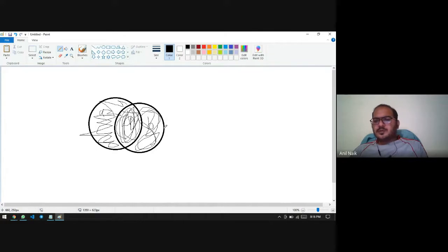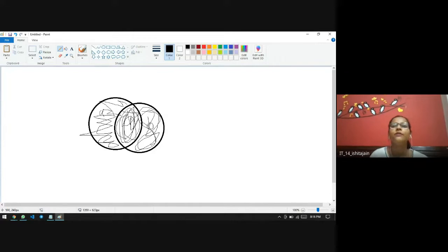Can you tell me the difference between primary key and foreign key? Okay, sir. The first difference between primary key and foreign key is that primary key is always unique, because primary key is used to identify a particular row. So primary key should always be unique. Foreign key does not need to be unique.